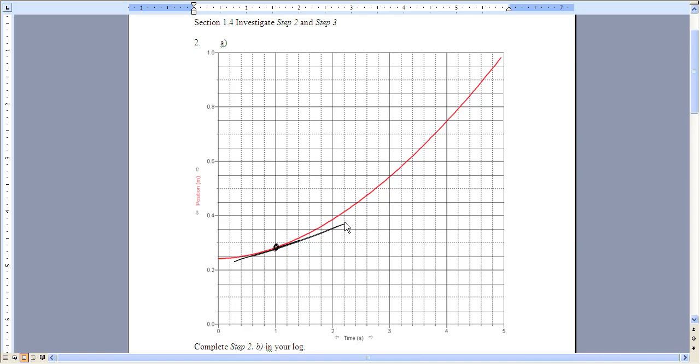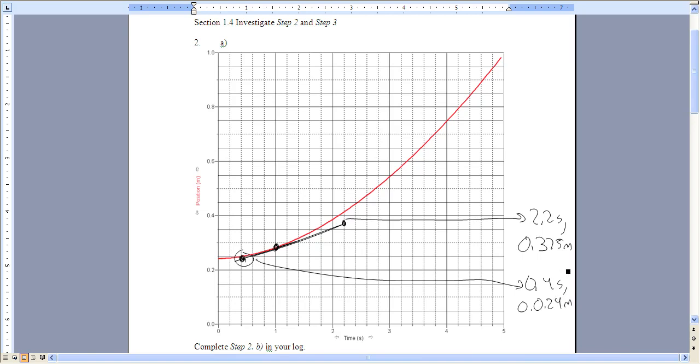Let's find this beginning point over here, let's say, and this point over here. Okay, this point is 2.2 seconds and 0.3, let's see, this is 0.2, that's 0.3, that's 0.35, that's like 0.375 meters, all right? And this one over here is, let's see, the time is 0.4 seconds and the position is this is again 0.2 meters, this is 0.3 meters, so this is 0.25, so it's like 0.24,